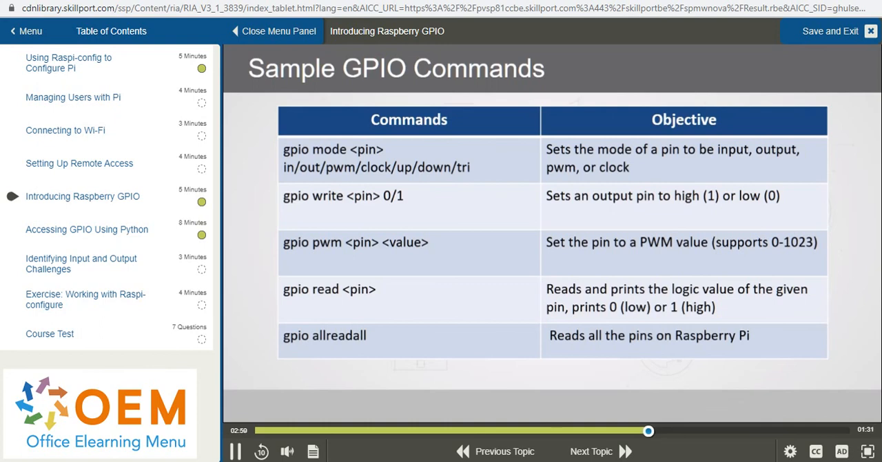The other command is gpio write. This helps you to set an output pin to either high or low. In order to write this command, you have to